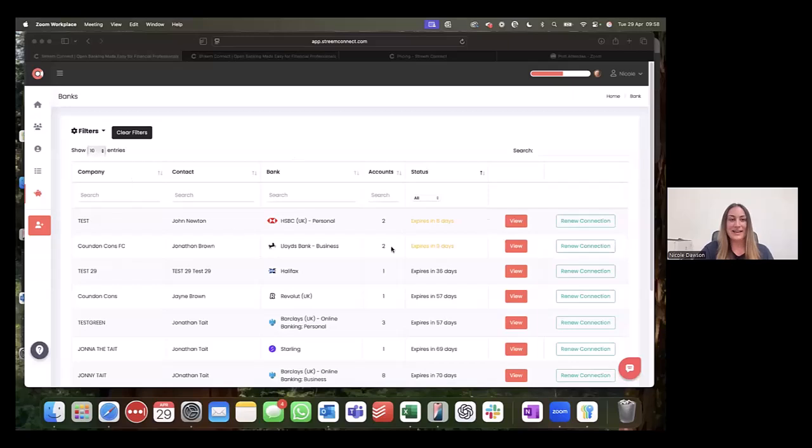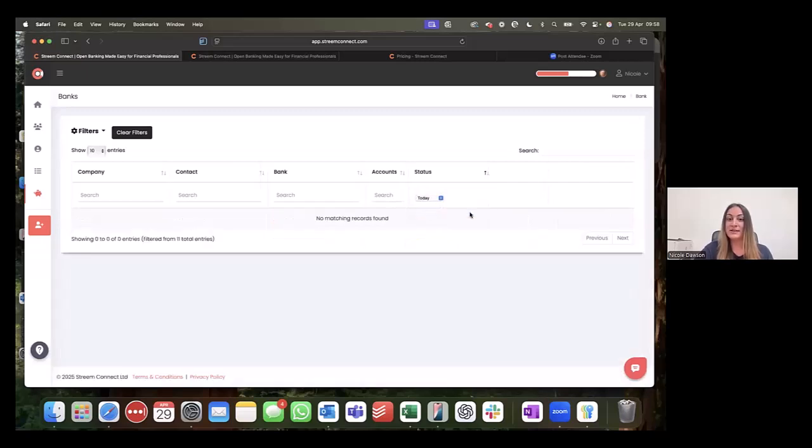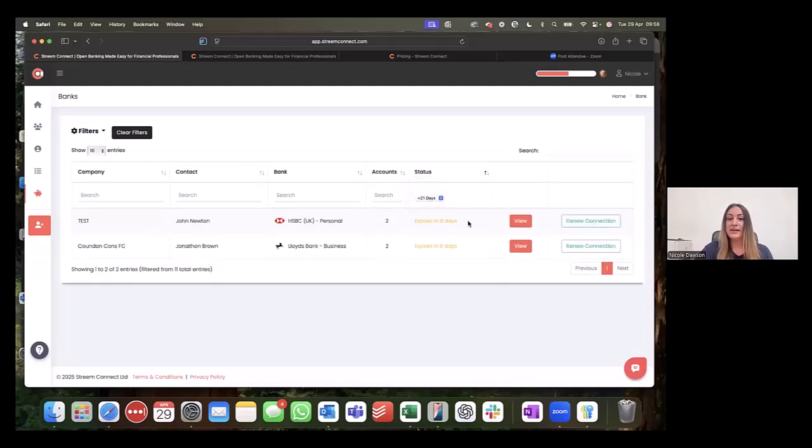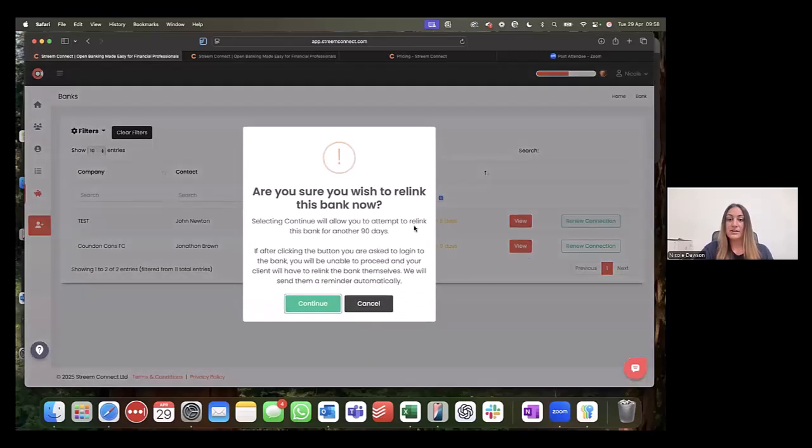So you've got the filters here, so you've got the status. You can filter to anyone under 21 days, anyone to today, and anyone to expired. So say, for example, we clicked on today or under the 21 days, you can see here that this one expires in 8 days. So rather than chasing the client to relink again, you can press renew connection, press continue,